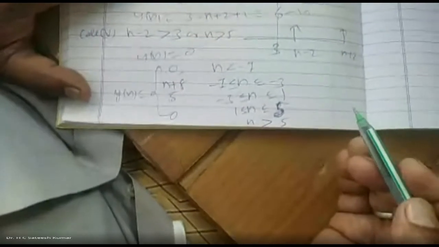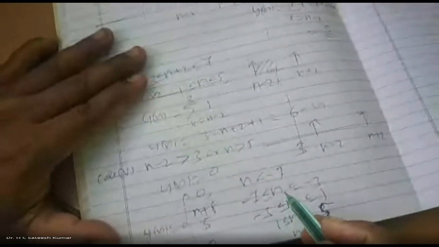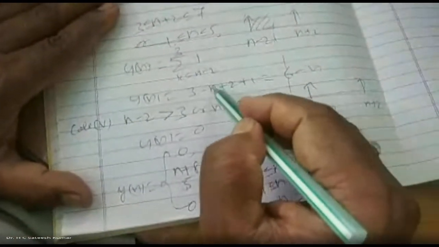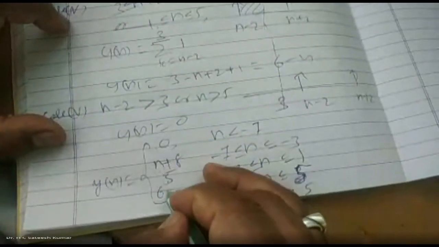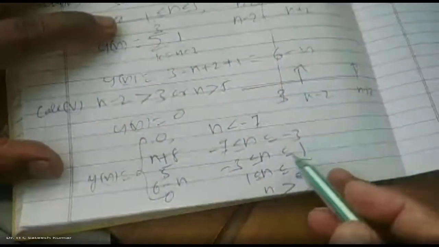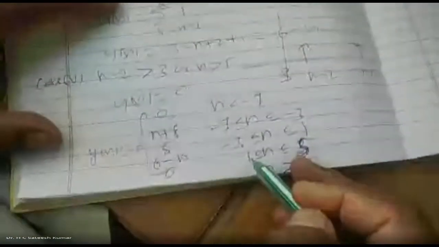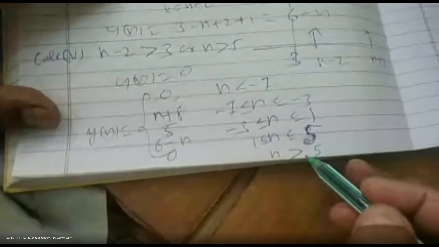Hey, one more case I left out. Sorry. The fourth case I have not written the answer. 1 minute. Fourth case, what is it? Case number 4. 6 minus n. Sorry. Okay, right. N is equal to 1, 5 here. N is equal to 1. 6 minus 1 is 5. N is equal to 5, 1.